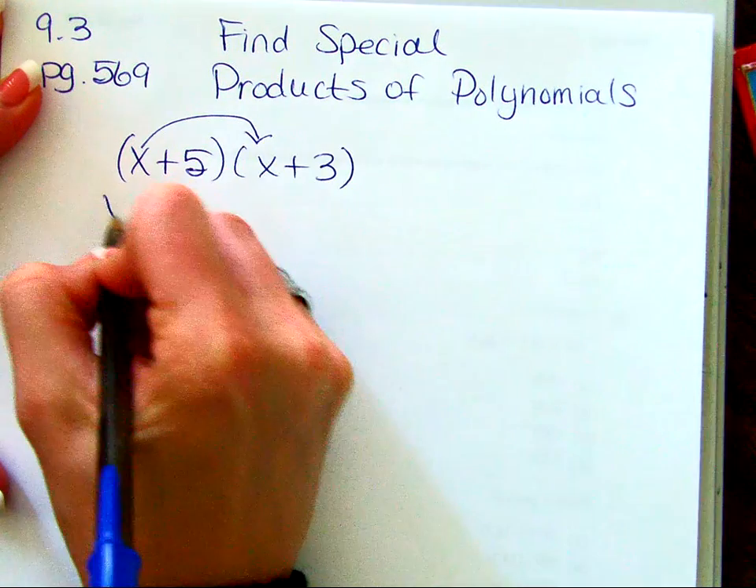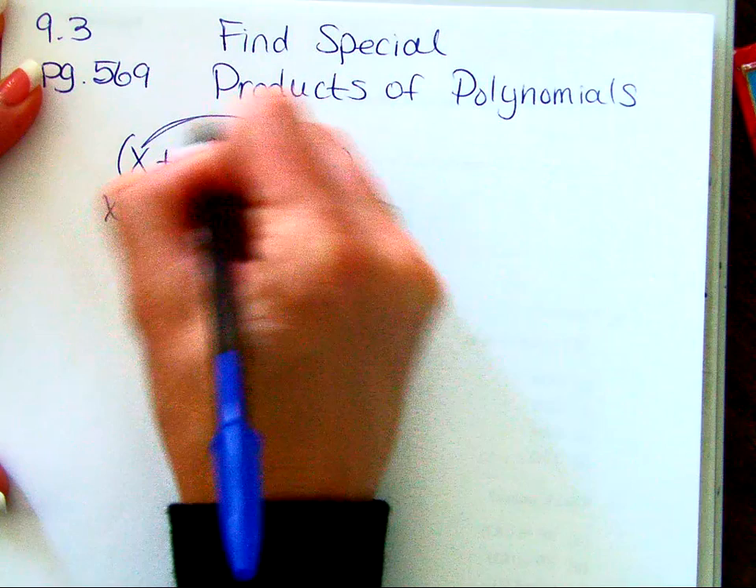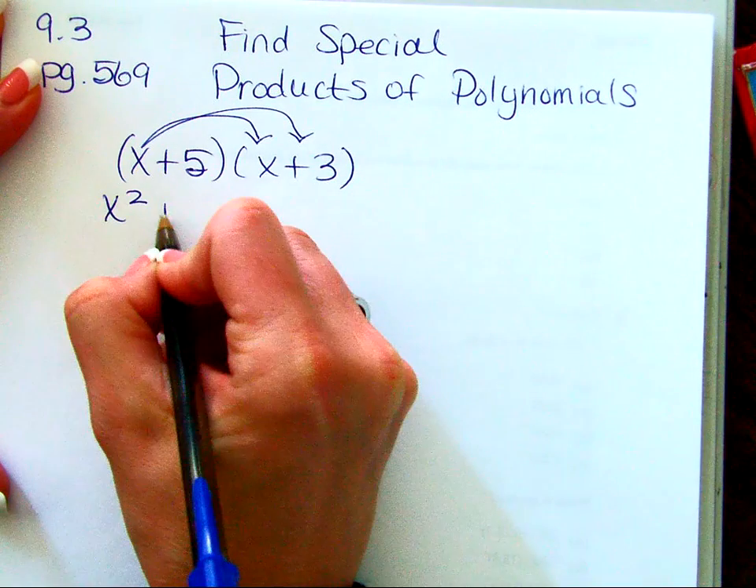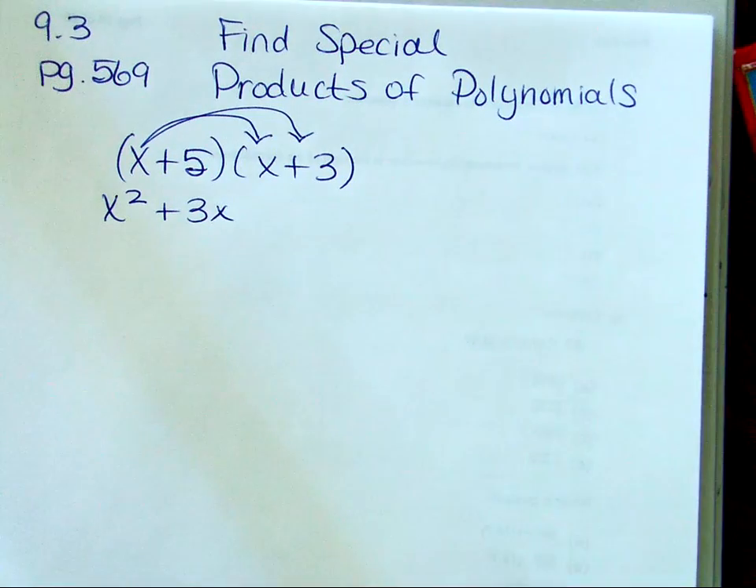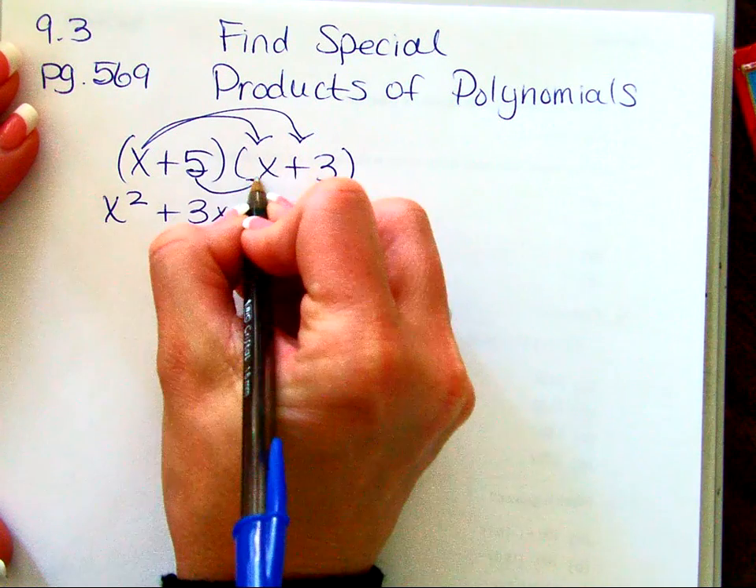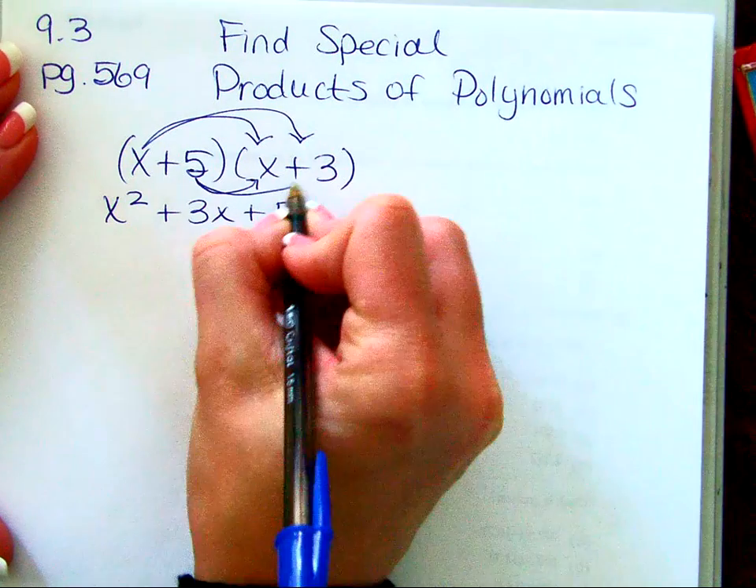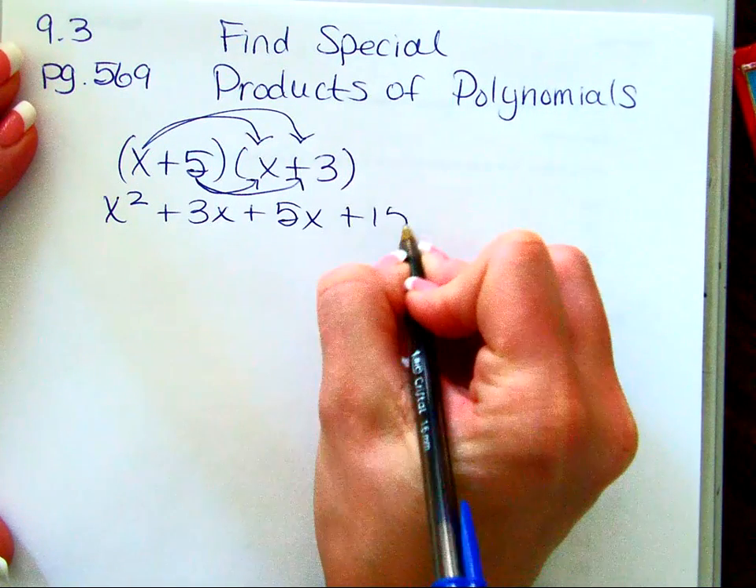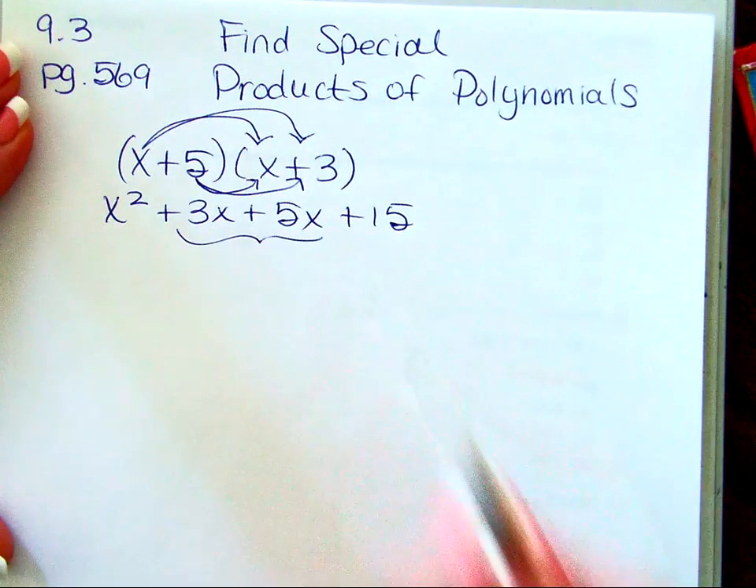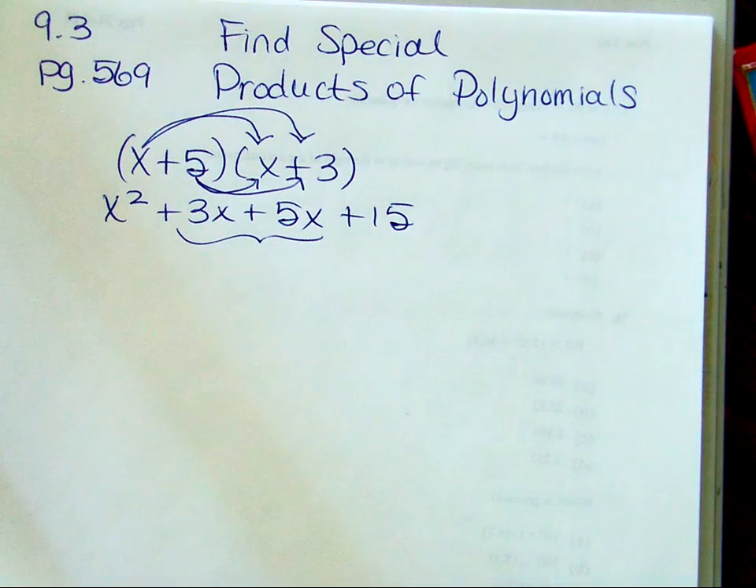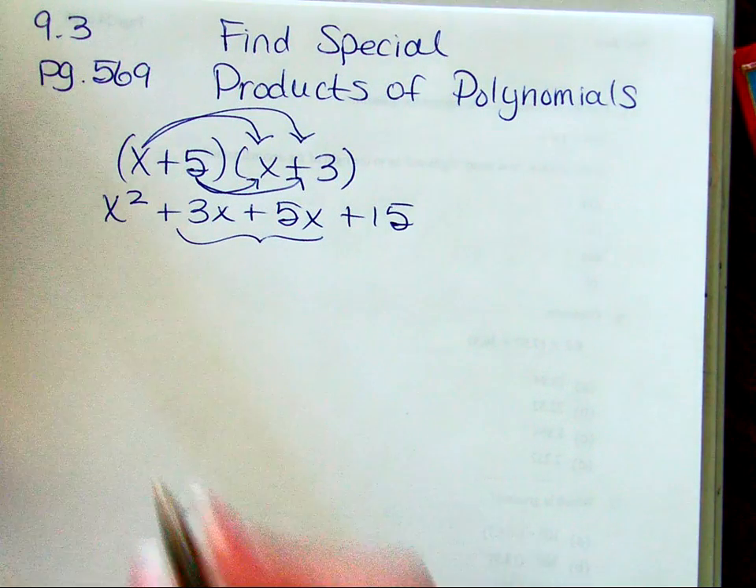That's your x times your x, which is x squared. Your x times your positive 3, which is a positive 3x. So anybody who was absent yesterday, this is what we did in 9-2. And then you distribute the 5 and do the 5 times the x and get 5x. And then the 5 times the 3 was 15. And when you FOIL, if it's set up correctly, you end up combining your two middle terms and bringing your